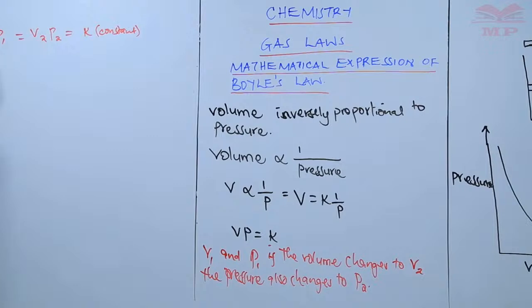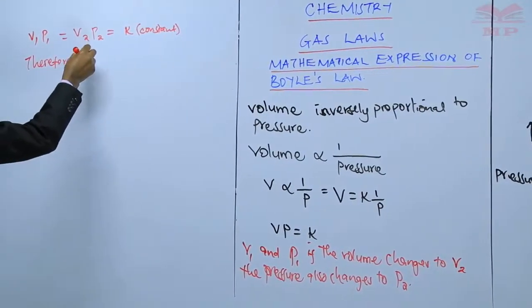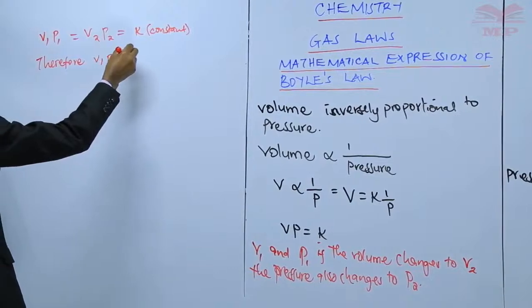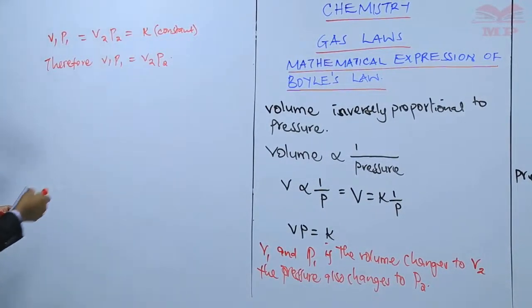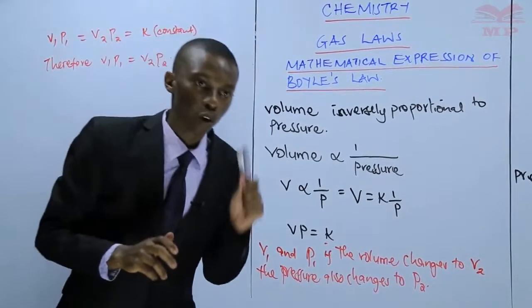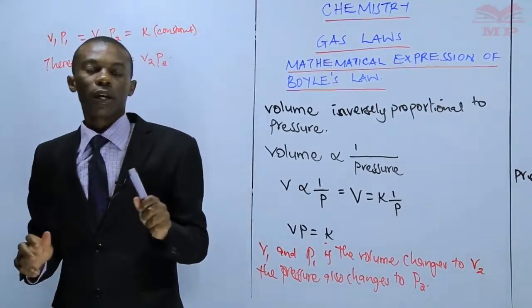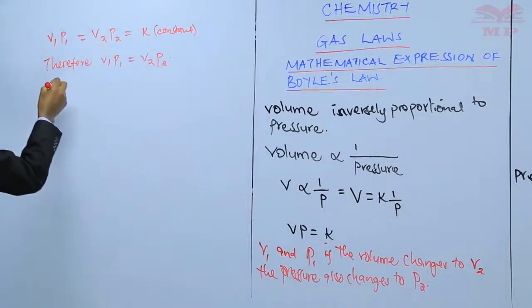Therefore, V1 P1 is equal to V2 P2. And that is the expression we use in Boyle's law. And this expression just means that